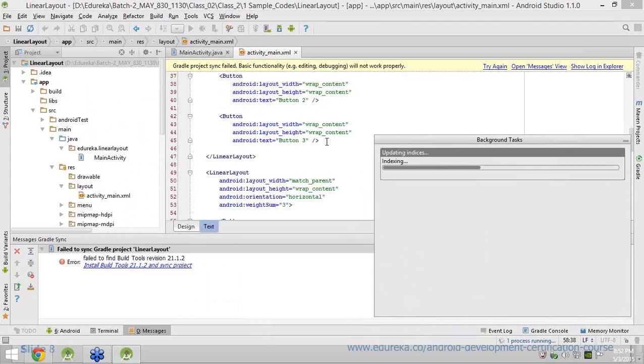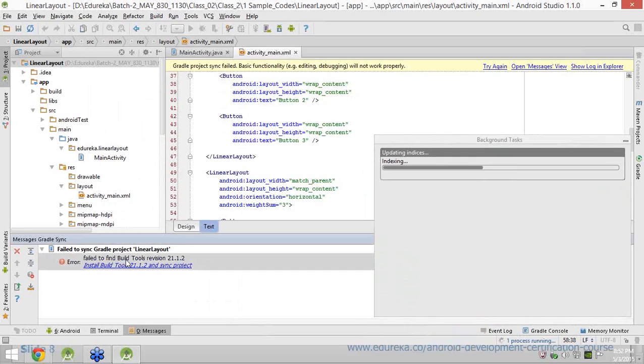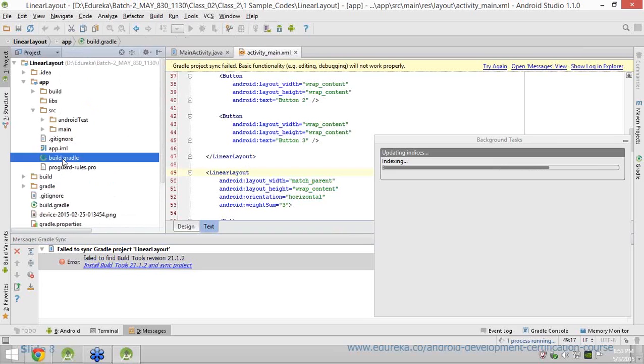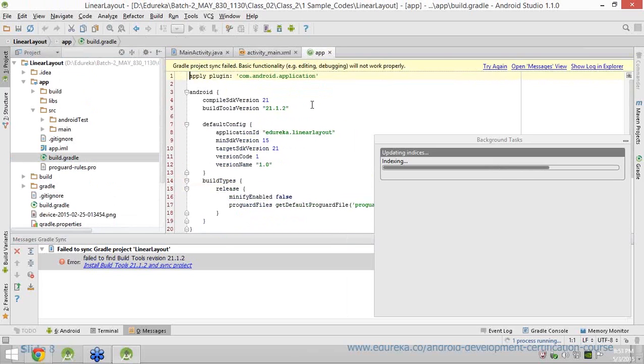One more thing you will see over here, it is giving me the error, failed to find the build tools. This error occurs when, let's say, yesterday I created this program with the earlier version of Android SDK, but today we have updated our build tools and the Android SDK. Sometimes when you try to import a project in the newer version which was created in an older version, you have to carefully see what I'm doing. If you are importing older projects, you have to go into that build.gradle. So I'm going into the build.gradle file. I will open it